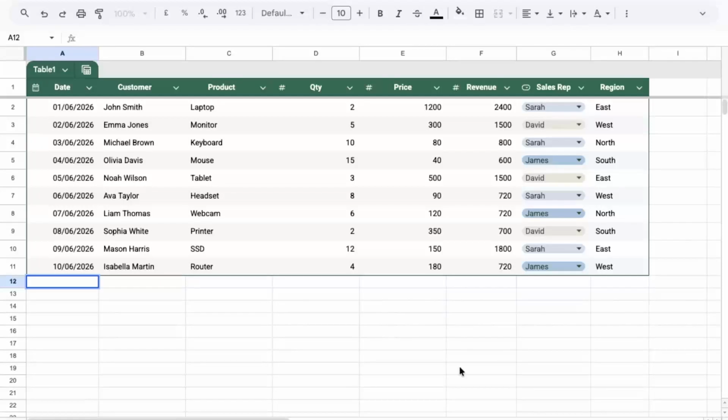In today's video, I'm going to teach you how to fix toolbar missing in Google Sheets. If you open a Google Sheet and suddenly can't see the toolbar, don't worry. This is usually caused by a display setting rather than a serious problem, and in most cases, it only takes a few seconds to fix. I'll walk you through the quickest ways to bring it back so you can get back to editing your spreadsheet